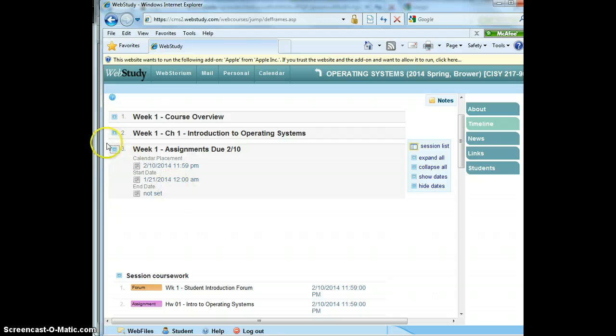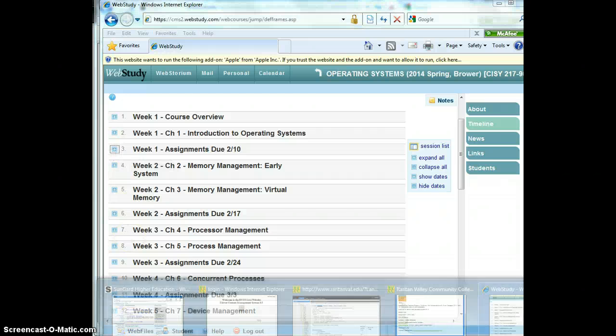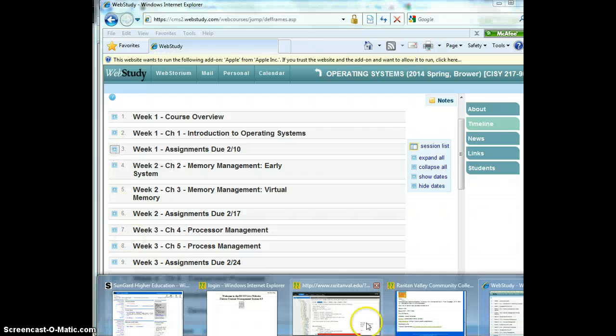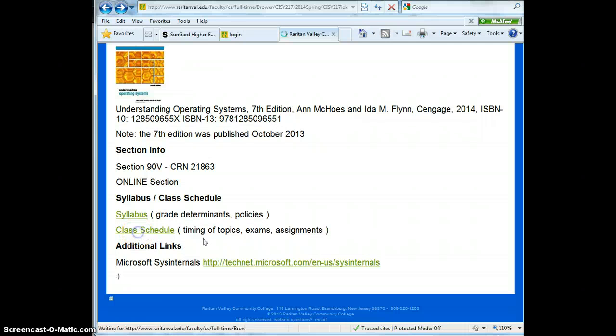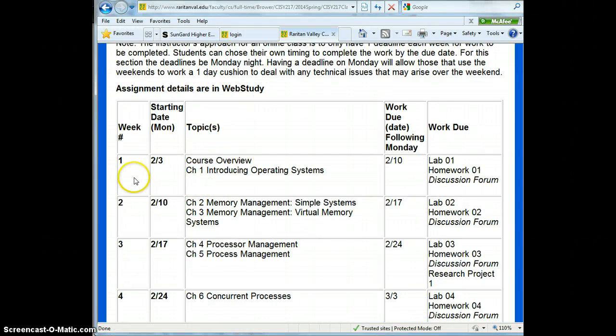Now if you notice, I should probably go back here for a second to point something out. The way I treat the course is I only have deadlines 1 day a week. And instead of you having to do something on Monday, something on Wednesday, something on Friday, instead of forcing you to log on